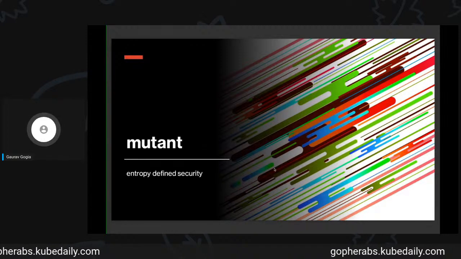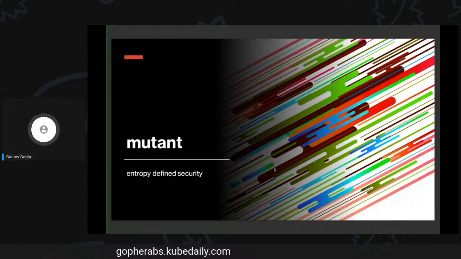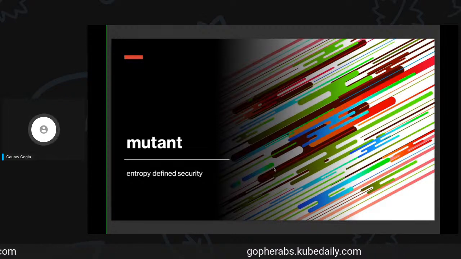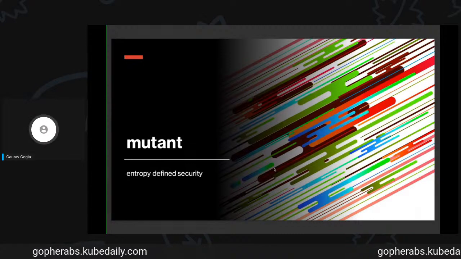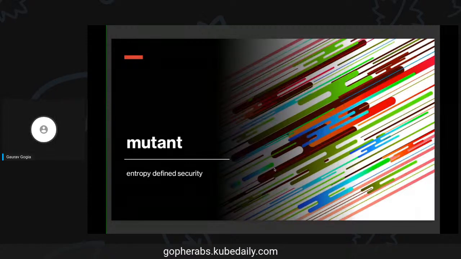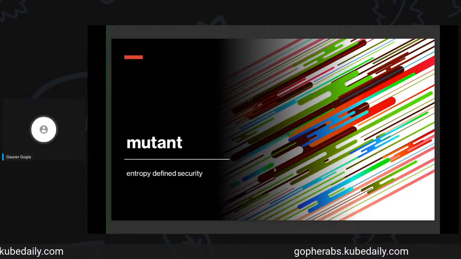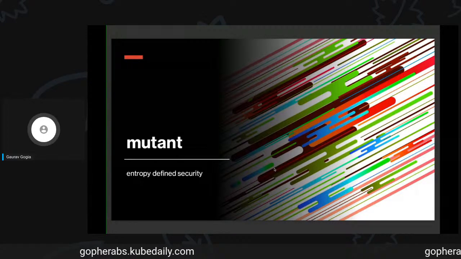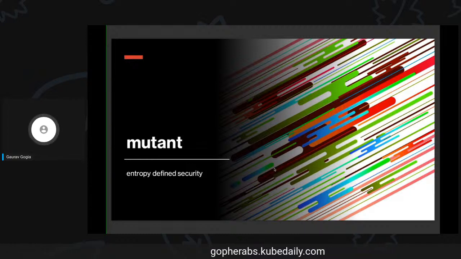One of the things you can build using Go is another programming language on top of it. That's just what I did. I really wanted to experiment, so I created the Mutant programming language. The whole idea behind it is that it's a secure by default programming language. At times we have to write commercial products that should not be pirated, like computer games, a movie streaming desktop application, or some application that hosts proprietary content. You want to make sure the product you are selling does not get pirated.